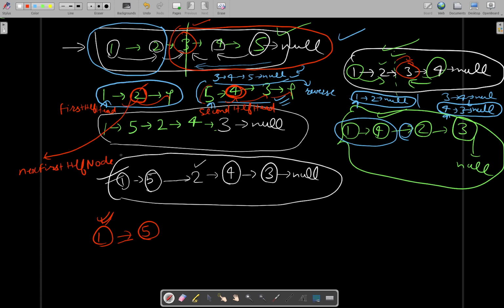Okay, you will store it somewhere. And for this also you will store it. You will call this next second half node. Now you may ask why we are storing the next second half node. The link is still intact, but it will not remain intact when you will be changing the link of 5's next to 2. So what you will do,